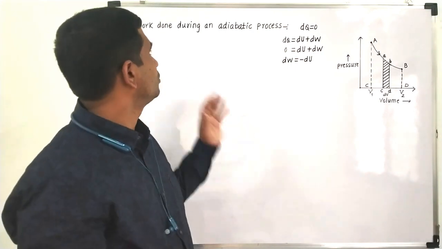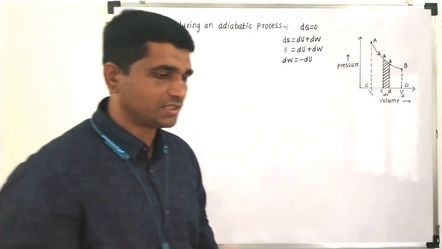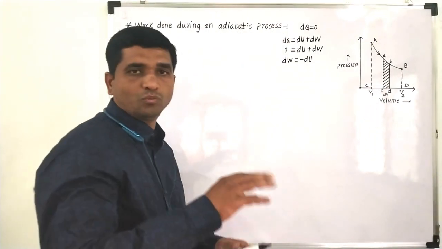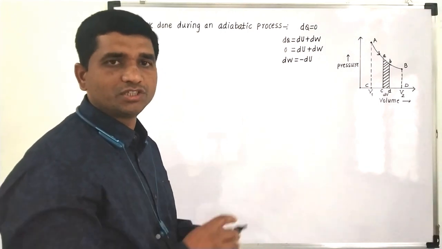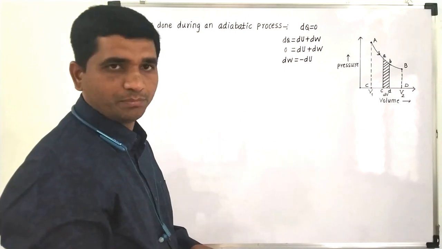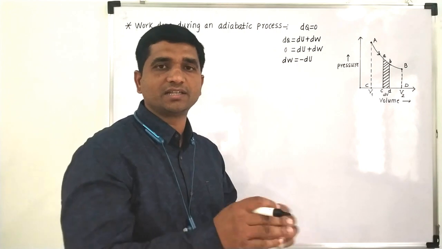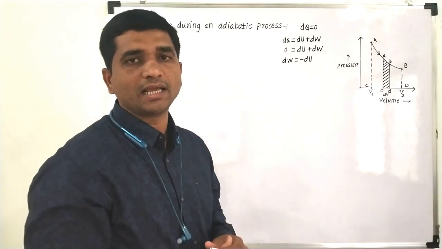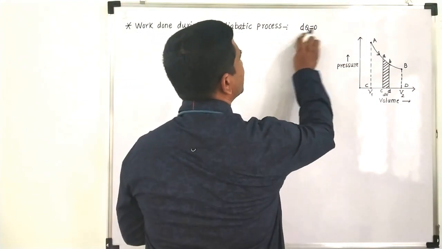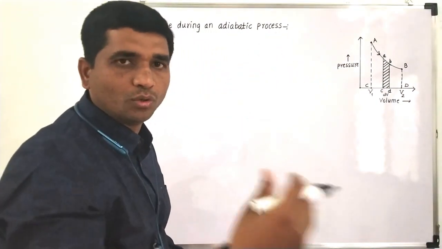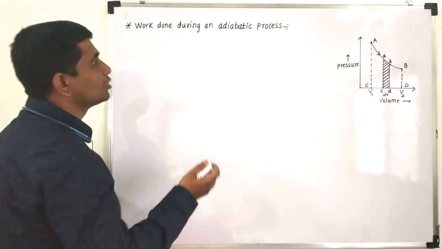In order to calculate the work done during an adiabatic process, in today's session we will be considering one system. Let us consider a cylinder which is fitted with a frictionless piston which can move up and down. In that cylinder, let us consider n mole of ideal gas enclosed. We will consider that first, and then go ahead with the necessary derivation. First of all, we'll write down the description of this.